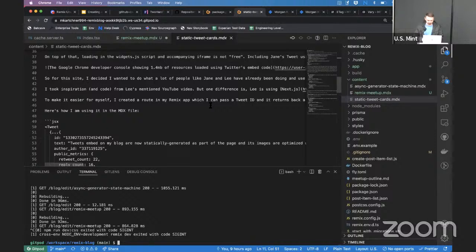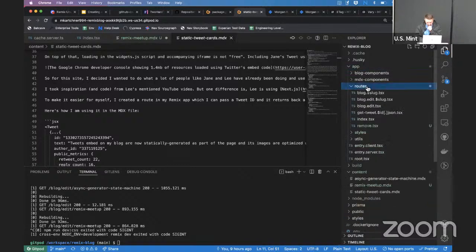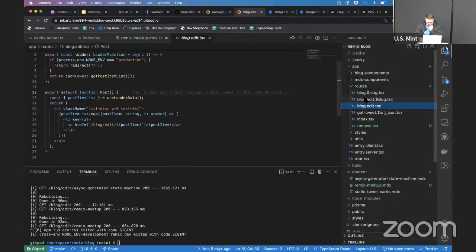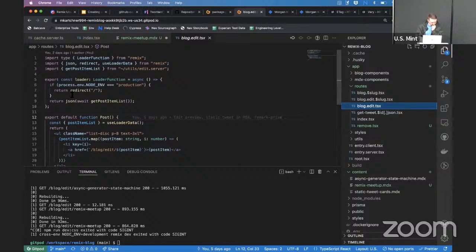Can you show again how it's getting the content that is local, that's not actually on GitHub yet? Yeah, so in the routes, I created these particular routes where, in production, I just say, if it's not in production, it'll work, but if it is, redirect.